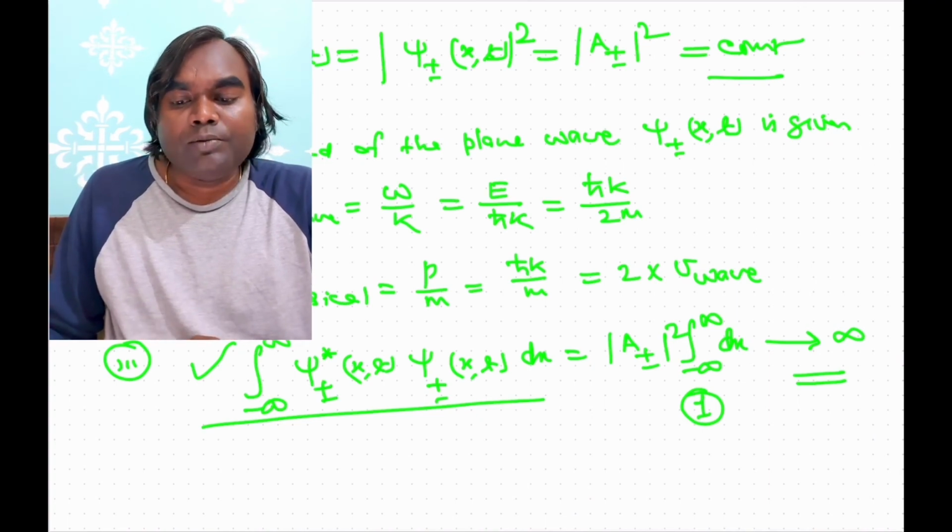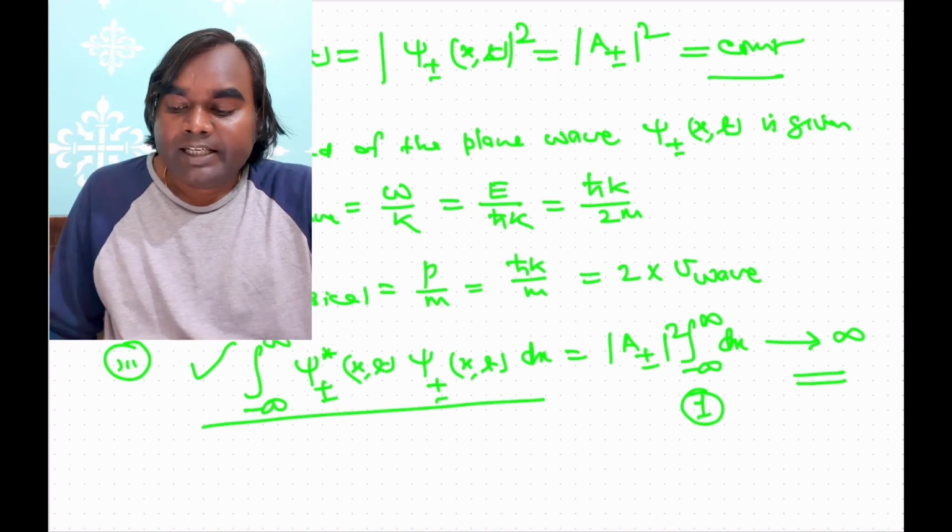So what is the problem? How can we solve this problem? These problems, like the Heisenberg's uncertainty principle, the speed of the particle and wave, and the normalization conditions, are all not being followed in the case of the solution we get from the Schrödinger equation. So to get rid of this problem, we can construct a physical solution by means of a linear superposition of plane waves. And the answer is given in terms of the wave packet.